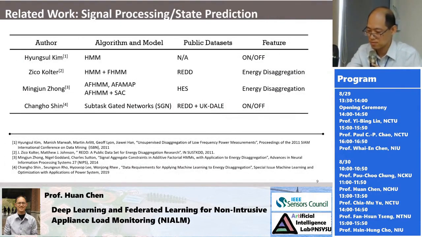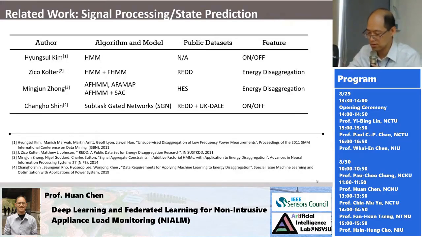Hsing. It has another UK-DALE data set. So in this paper, it also compares several important algorithms like the machine learning, conventional schemes, and deep learning schemes. So it's a good paper to reference. It was published in 2019. So once again, the related works for conventional schemes are designed based on the signal processing